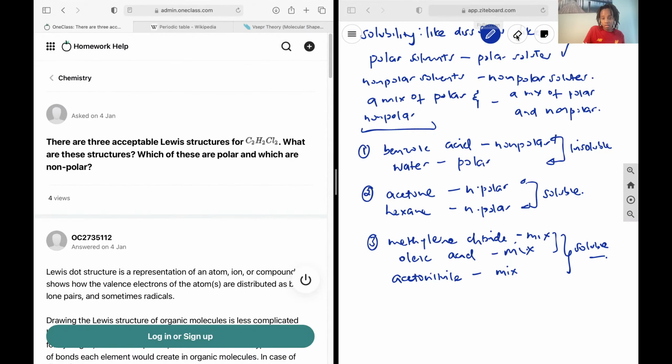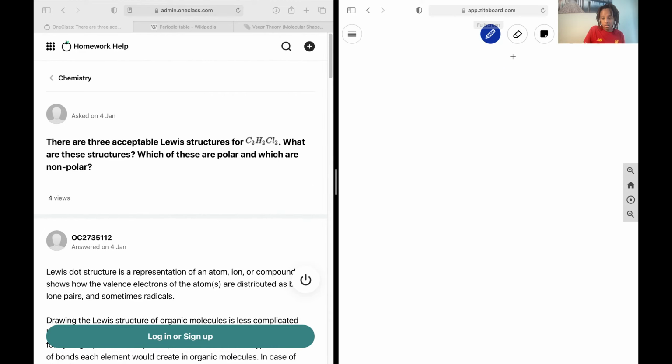Sorry about that. Next up, we would like all of the acceptable lowest structures for C2H2Cl2. What are these structures and which of them are polar or nonpolar? Okay, and so with